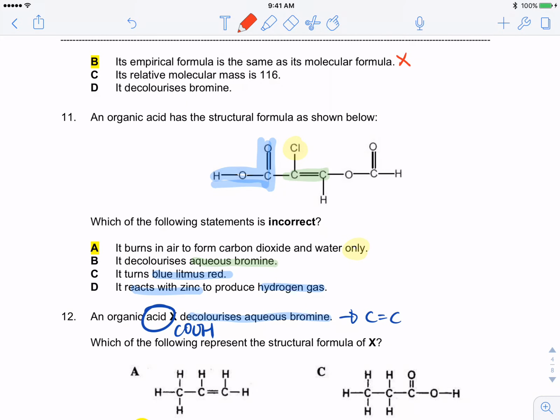Okay, 11. An organic acid has the structural formula as shown below. Which of the statements is incorrect? A. It burns in air to form carbon dioxide and water only. This is false because